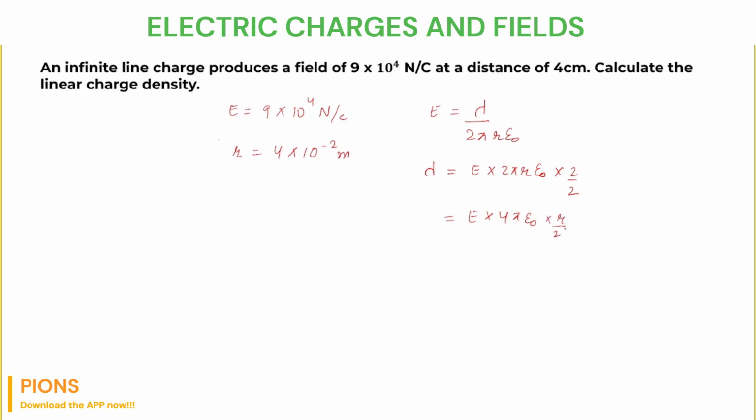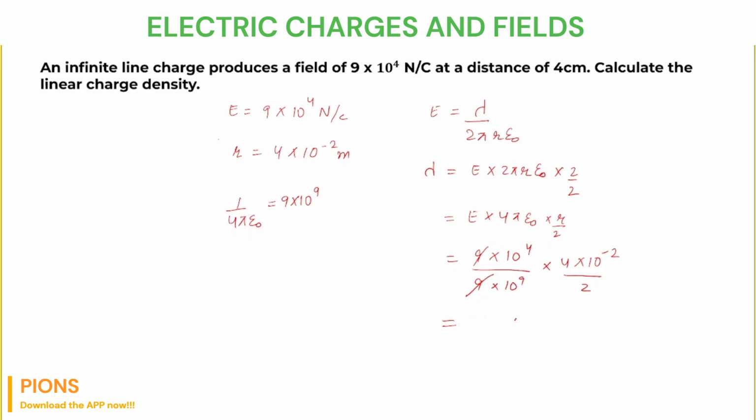Now exactly. So 1 by 4 pi epsilon naught, that is nothing but 9 into 10 to the power 9. So if you cross multiply, we will get 4 pi epsilon naught is 1 upon 9 into 10 to the power 9. So electric field is 9 into 10 to the power 9, 1 by 4 pi epsilon naught. R over here is 4 into 10 to the power minus 2 whole divided by 2. So let's cancel 9 with 9, and 10 to the power 9 minus 2, 10 to the power 7